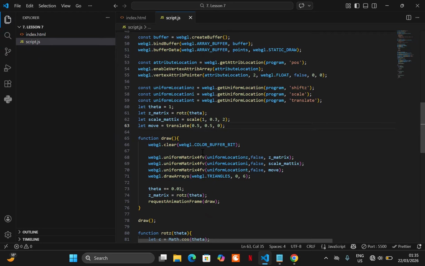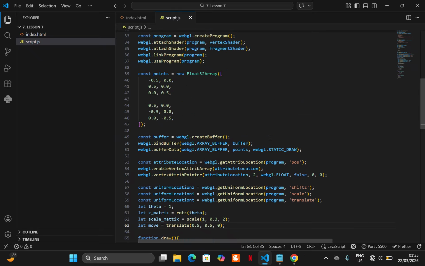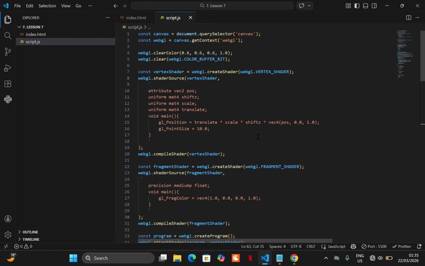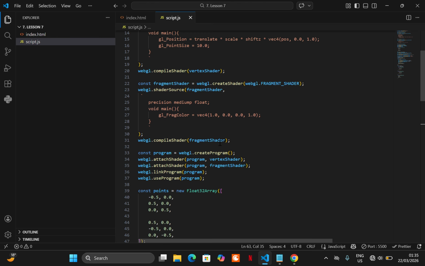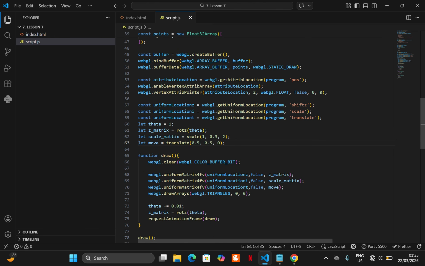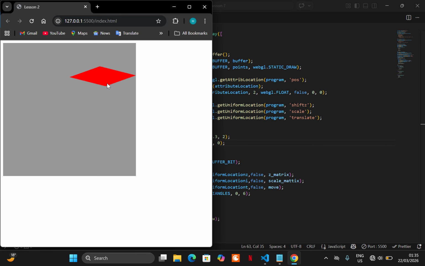So this whole process of rotating, scaling, and translating in WebGL is called transformation. So this is what transformation looks like, whereby you rotate, scale, and translate your object at the same time. It's called transformation. So yeah, that's mostly everything about